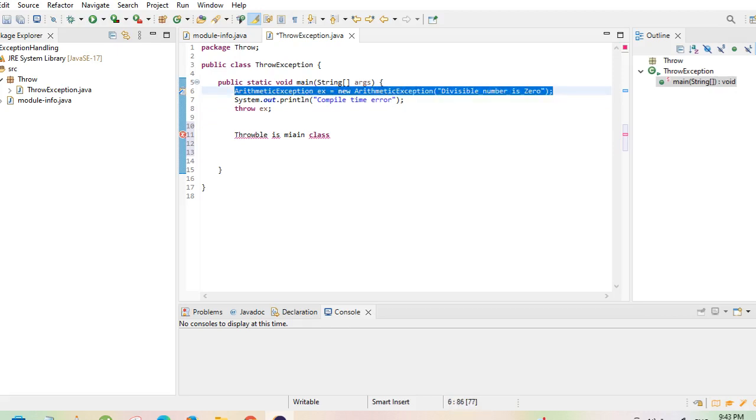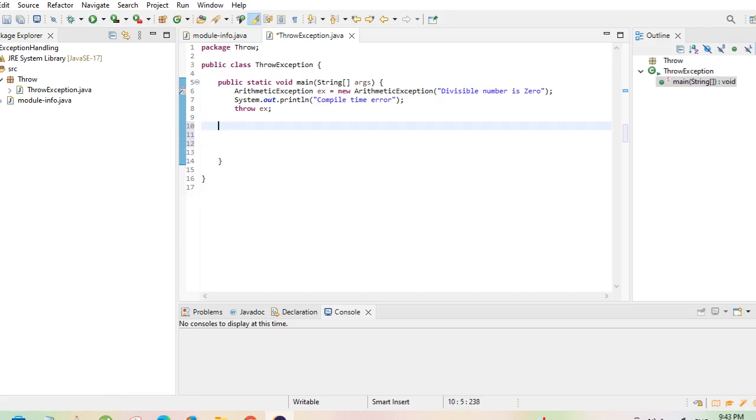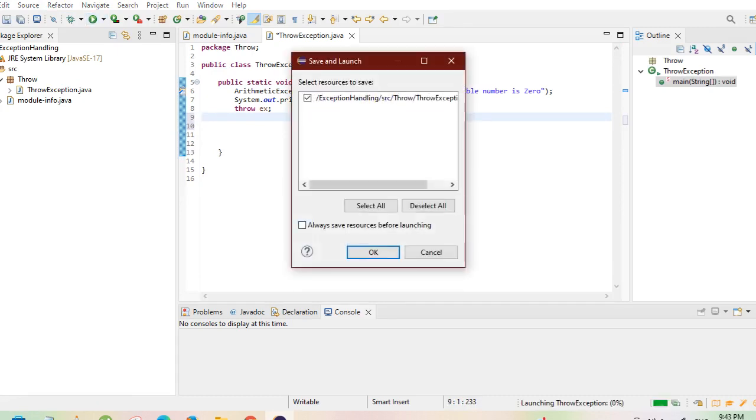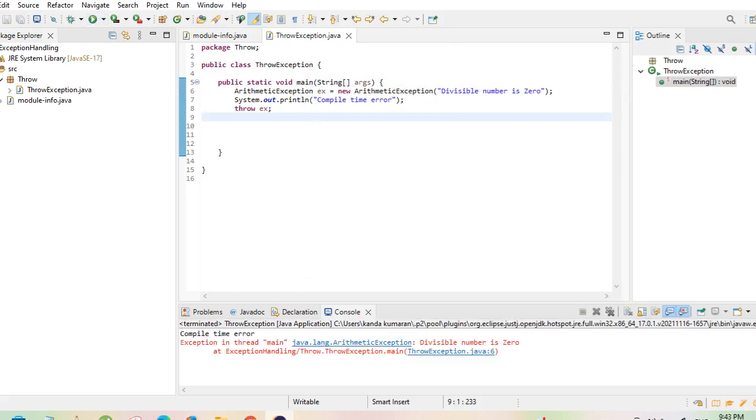I'll execute this program and show you how it works. Perfect. Now it is throwing the error message: arithmetic exception, the divisible number is 0. Using this throw keyword we can throw explicit exception messages to end users.